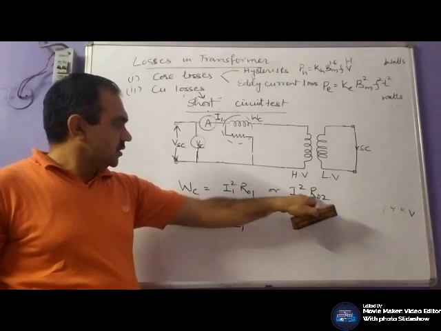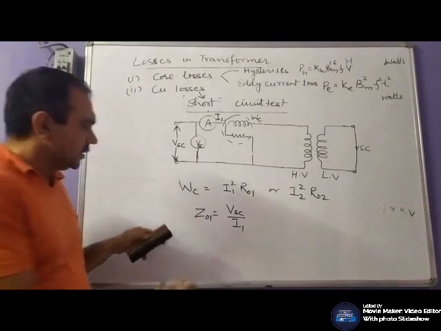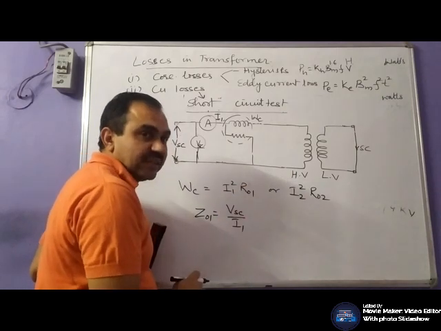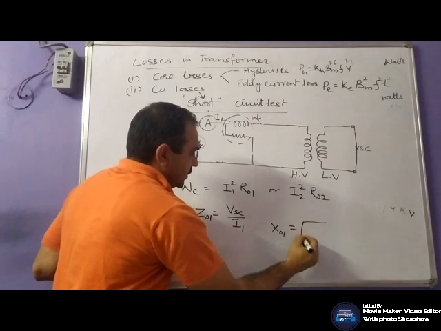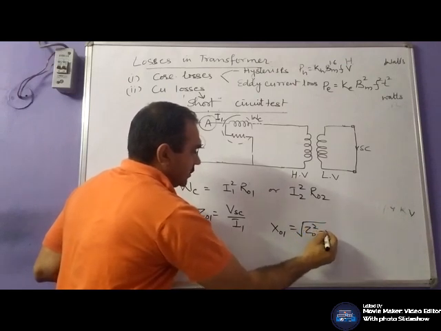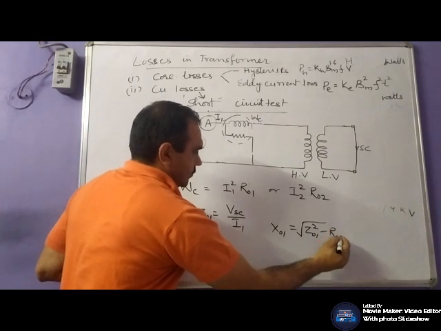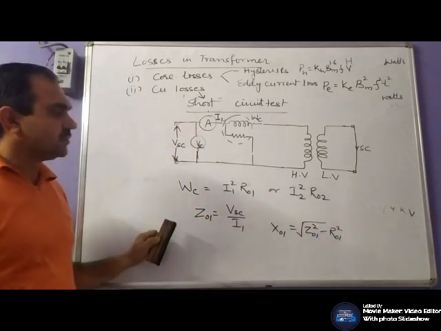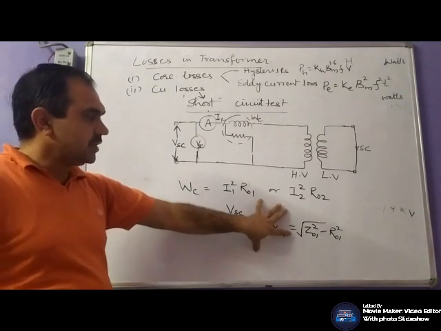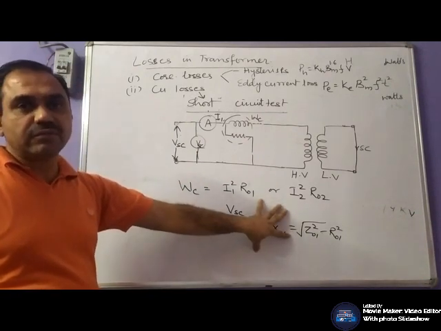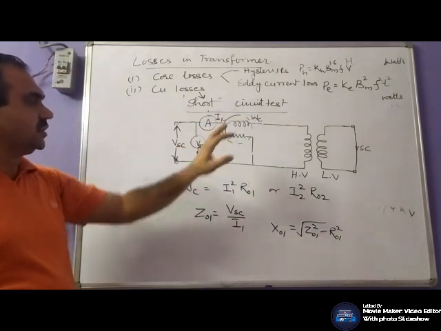As we know the equivalent impedance referring to primary and equivalent resistance referring to primary, we can find out the reactance referring to primary. In this way, we can find out the parameters of the transformer and